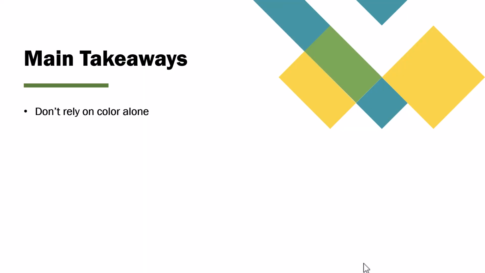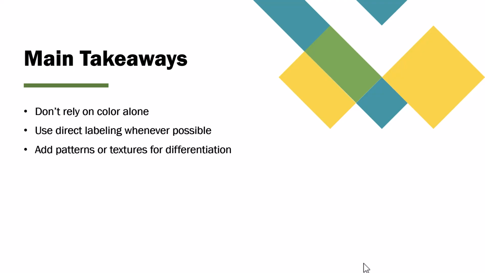First, avoid relying on color alone to communicate meaning. If color is the only indicator, important information may be lost to students who can't perceive those differences. Whenever possible, label data directly on the chart. Direct labeling reduces cognitive effort and makes visualizations faster and easier to understand. Adding patterns or textures alongside color provides an extra layer of distinction, especially for viewers viewing charts in grayscale or